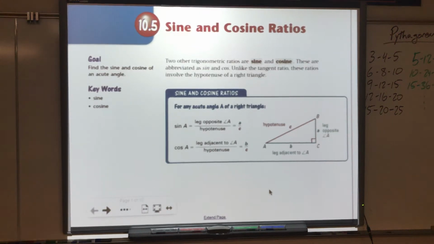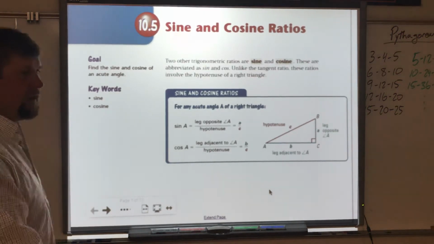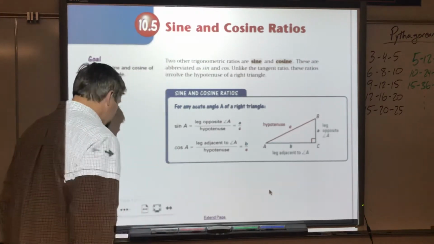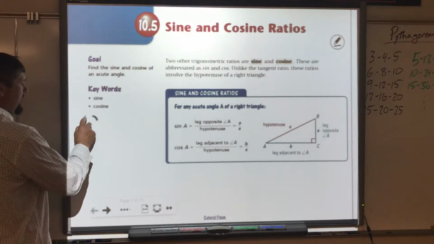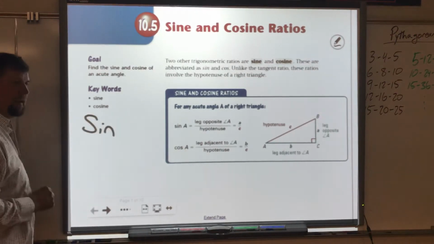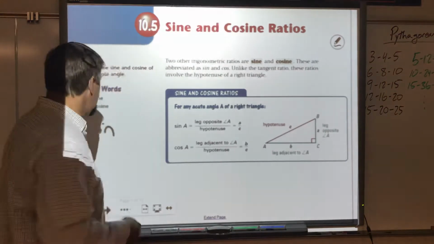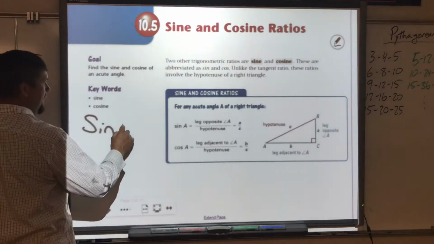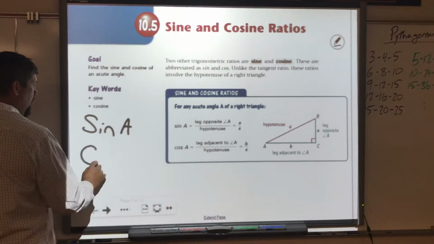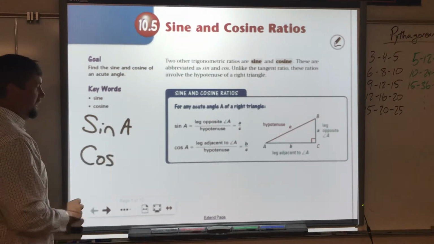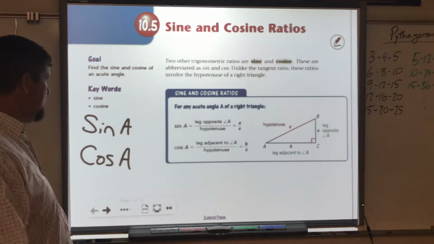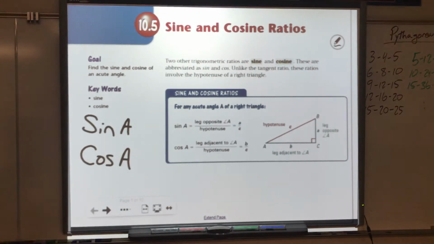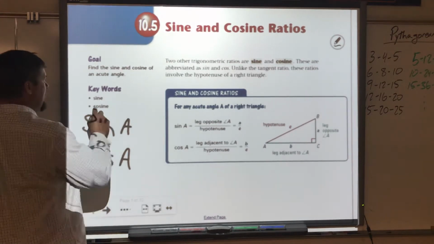Section 10.5 is on sine and cosine functions. Now sine is pronounced just like that, sine, but they write it as S-I-N. It is not sin, it's sine. The sine of an angle, or cosine, C-O-S, of an angle. It's not pronounced sin and cos. It's sine and cosine. So when you talk about sine and cosine, just like tangent